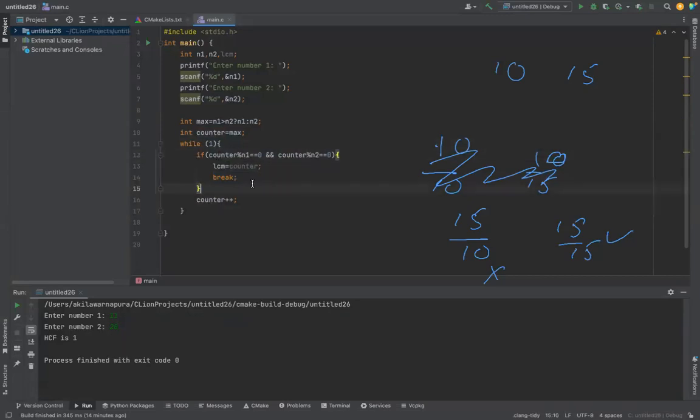Okay, then which while loop will be terminated? The immediate while loop, the 10th while loop, the immediate inner while, that means the deepest inner while loop